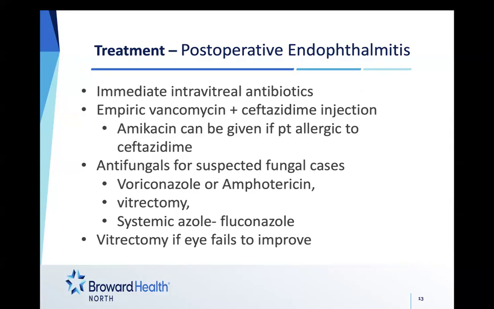And then for antifungal infections, you want to make sure that you give voriconazole. You want to avoid amphotericin if you can, just due to the toxicity, but you can also give that if necessary. And most fungal cases are going to require vitrectomy, just the nature of the disease and how long it takes for it to build up. By the time it does build up, it's a lot, and the antibiotics don't necessarily work on their own. So you'll have to go back in, extract some fluid, and add the antibiotics at the same time. And then for antifungal cases, you also want to include a systemic azole, such as fluconazole.